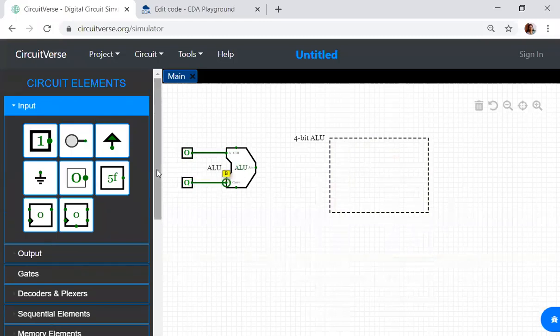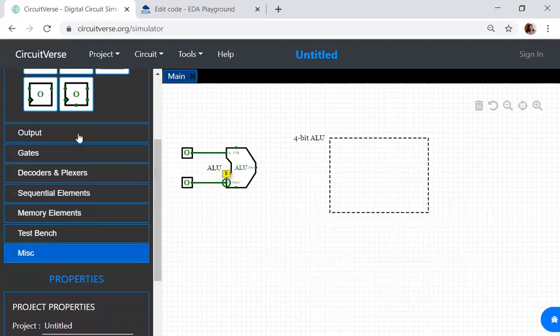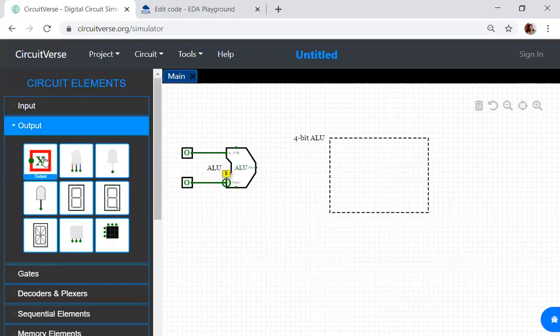But I want to design this ALU to perform 8 operations. So I'm assuming that this ALU is designed to perform 8 operations. It is a 1-bit ALU because the input is 1 bit only. If I have to perform 8 operations, what is the number of control signals I require? So I want to perform 8 operations.